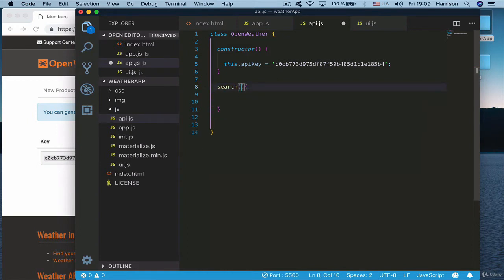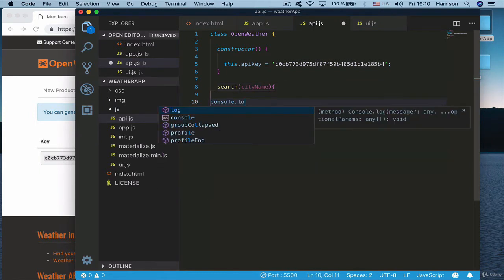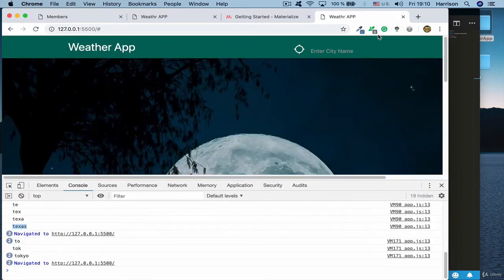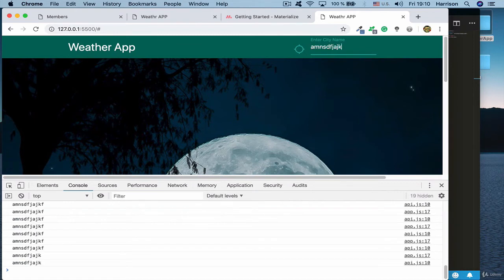That will receive, it should be the city name. So let's console.log and see. Console log city name here, just to see if maybe we're receiving our search term. So in this, we'll start typing. Alright, perfect. We are receiving